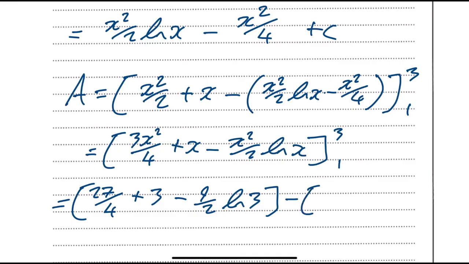And the next bracket is going to be just 3 over 4 plus 1, then minus 1/2 ln of 1. Now ln of 1 is 0, so if we just sort that out,